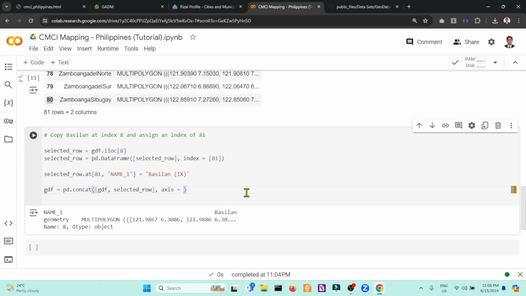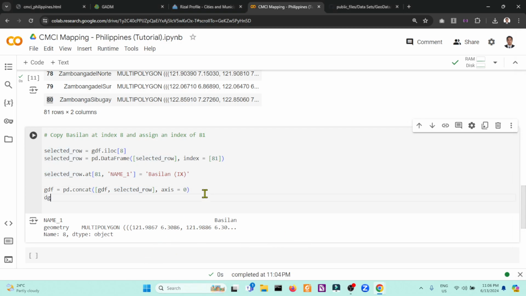And we will provide another parameter of axis. Again, this is a list of the data frames to be concatenated. We need to concatenate the GDF data frame and selected row data frame at axis 0. It means concatenate both data frames at row level. So if I execute this one,